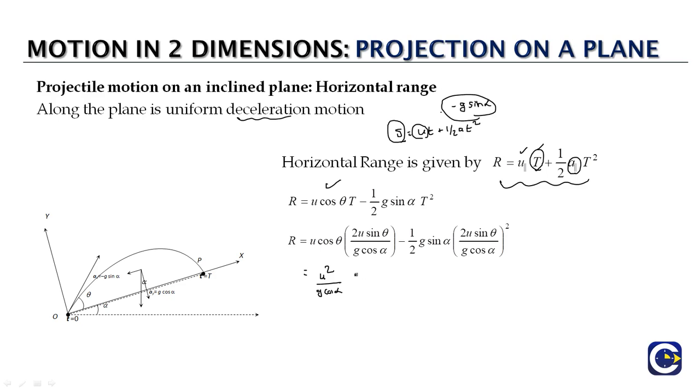The remaining things, of course the 1 by 2 also will be taken out. The remaining things will be sin theta cos theta